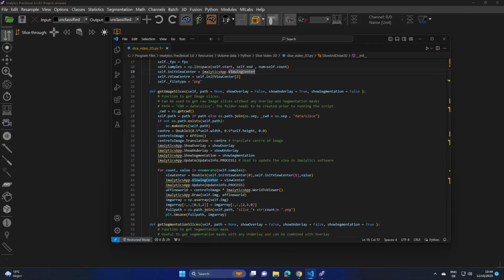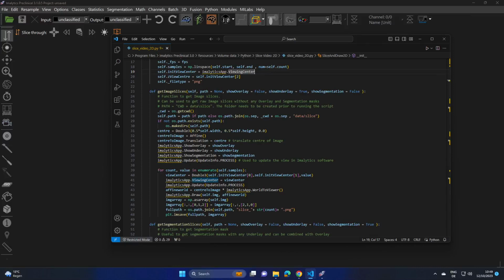The draw method used in this Python script captures the 2D image from the Emulatics preclinical software and saves it to the image variable defined in the constructor. The draw method requires an image canvas variable to store the image values as well as an affine matrix to map the 2D images to the center of the image canvas. This matrix can be obtained by multiplying the center to image matrix with the world to view matrix. Upon completion of the draw method, the image is loaded to the image canvas.